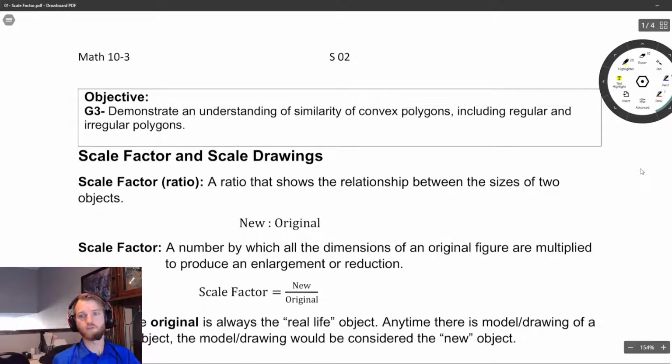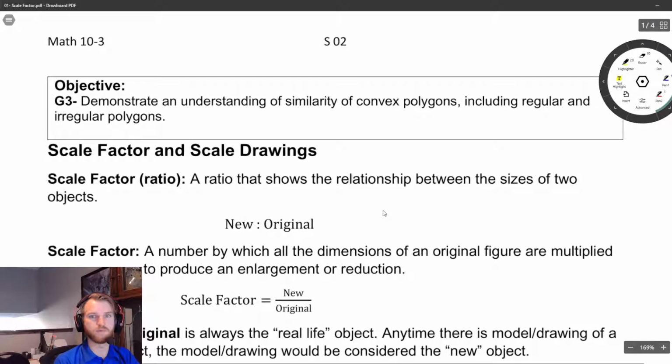Okay, so this is our third lesson on scale factor. The last lesson showed us how to calculate scale factor and how to find new sides. If you're given a scale factor, how do you take one shape and make it into a bigger shape? This one is going to be talking about the exact same things. There's no new math here really. It's just giving us word problems and situations in real life, and there are some important things to consider about